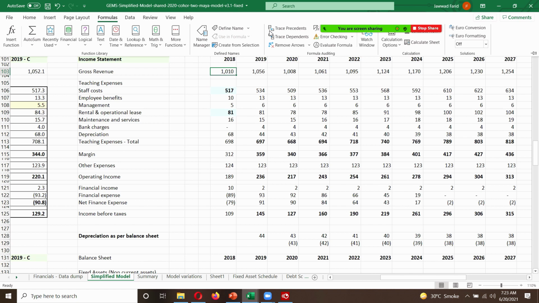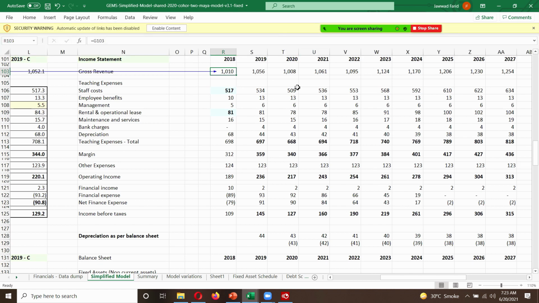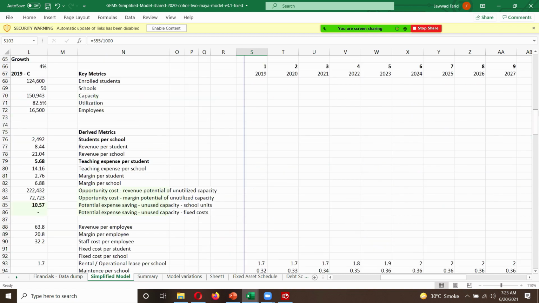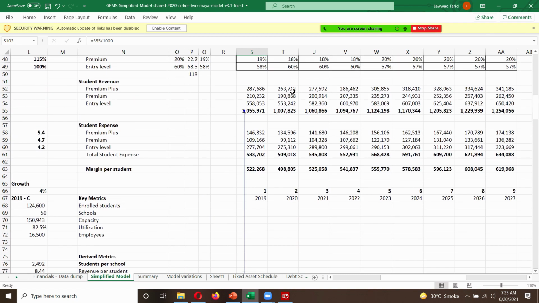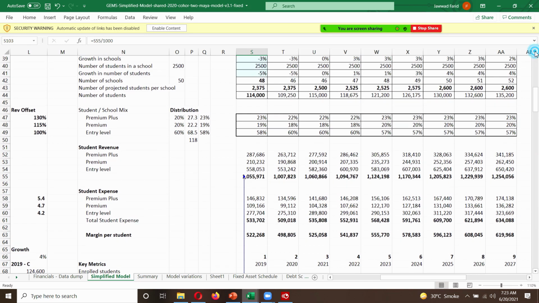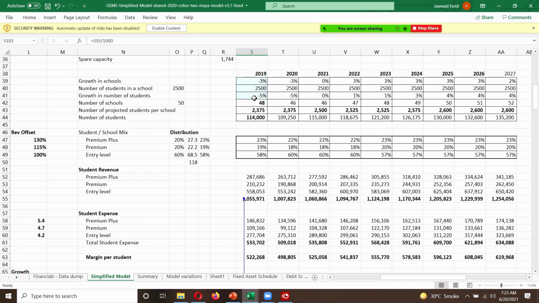Gross revenue is based on, oh, this is 18. Gross revenue is based on two drivers, and those drivers are essentially a mix of your product mix and revenue per student. So it's revenue per student and students per school, and growth in number, this factor. This factor determines what happens. So this growth in number of students is also an important factor. So I'll take these two also. I'll take growth in number of schools and growth in number of students.